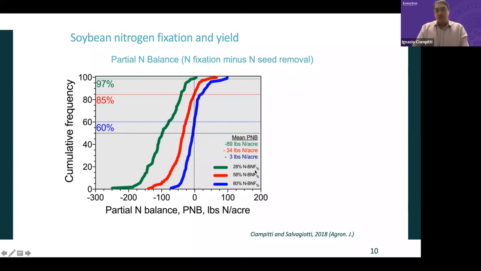Let's go to the red group, which is what happens usually in many cases. We are around 58% of fixation, with the rest of the nitrogen coming from the soil. You will tend to see that in many situations, the amount of positive nitrogen left in the soil after soybeans is small, 15%. And in situations where fixation is poor and doesn't work really well, this green line shows less than 30% total fixation from the demand. You will see that we have almost no positive balance, which means that in those scenarios, soybeans are removing more nitrogen than they are contributing by fixation.